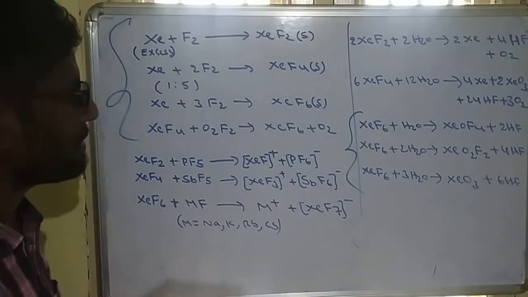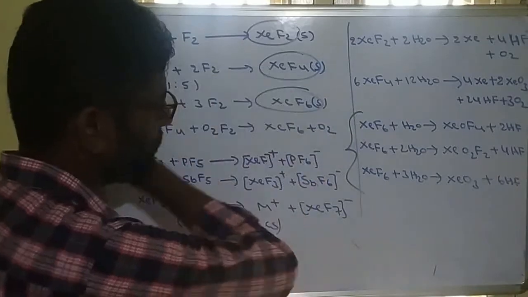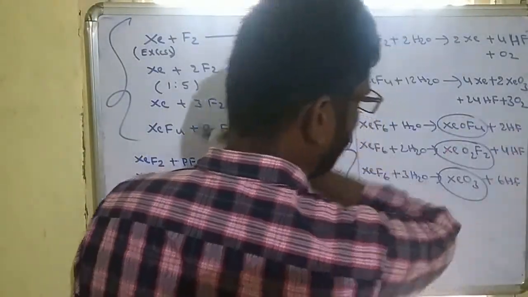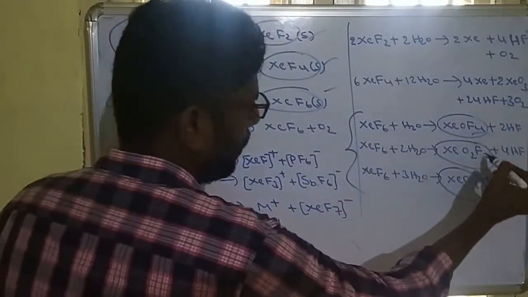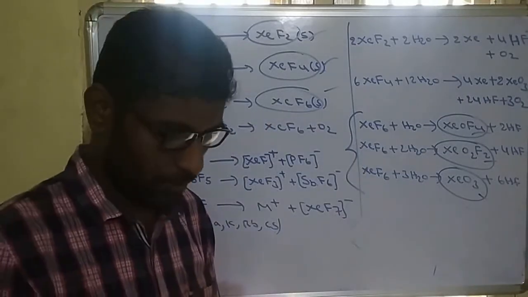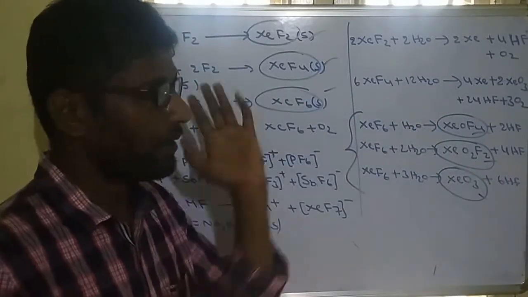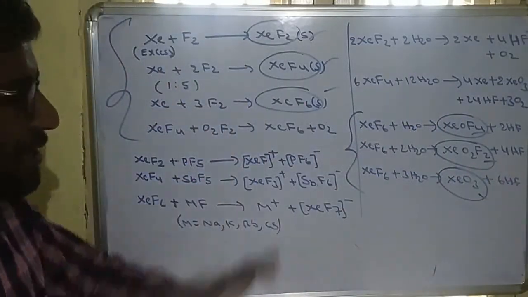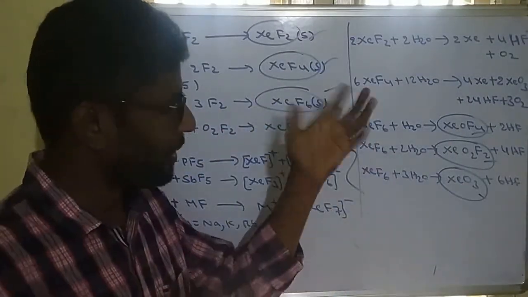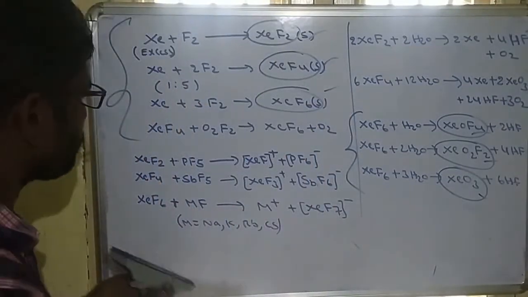Another important topic is the structures: XeF2, XeF4, XeF6, XeO3, XeO2F2, XeOF4. So for these 6 molecules, know the hybridization and structure. Mostly the questions ask about structures, number of lone pairs, shape, geometry. Hybridization is the most important concept in the P block. Wherever P block elements are there, some important structures are there. So by using hybridization, practice these structures. Like one example I am giving.